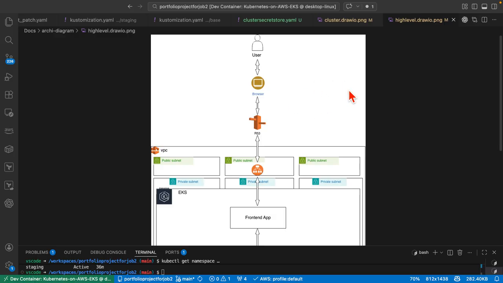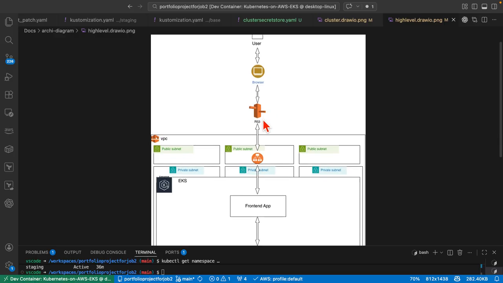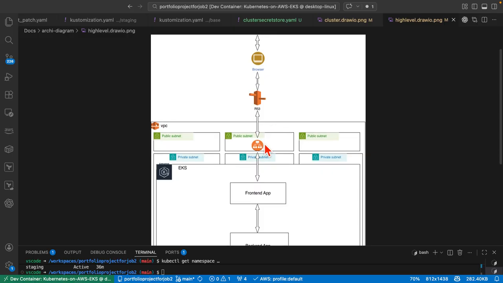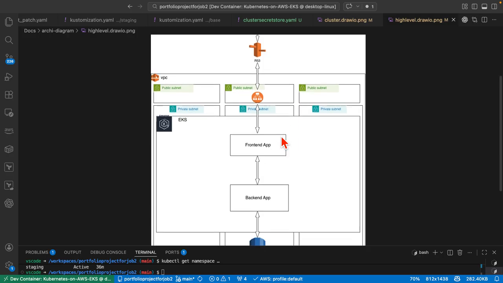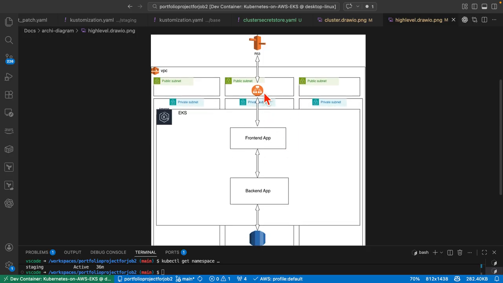This is the high level diagram of my project. So for the users to use my applications, they will type the URL of my application inside their browser, and the browser will send the traffic to the R53 from AWS, and then the R53 service will send the traffic to my load balancer, and the load balancer will distribute the traffic between the pods inside my EKS